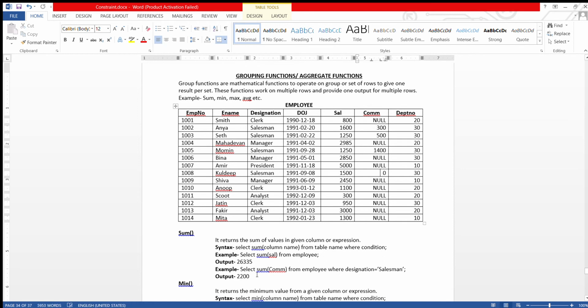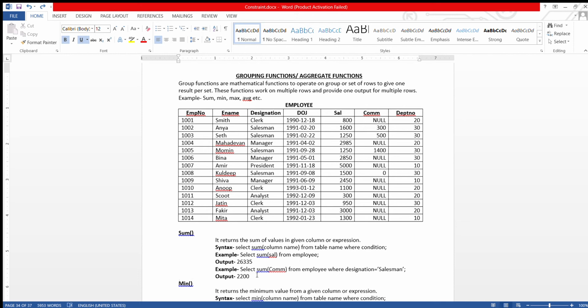Remember one thing, it will not include null values. Null means empty, nothing. So while performing grouping functions, don't include null values. Most of the grouping functions don't include null values while performing mathematical operations.